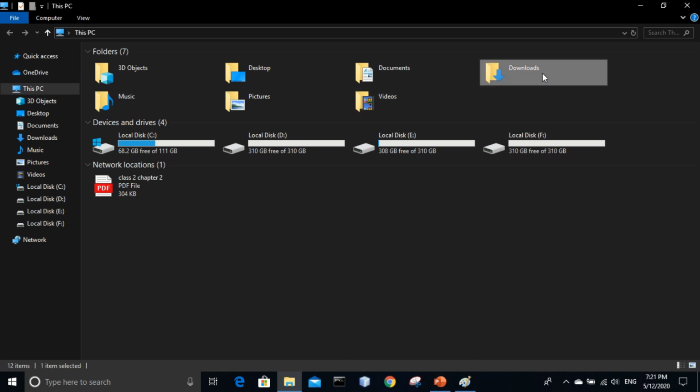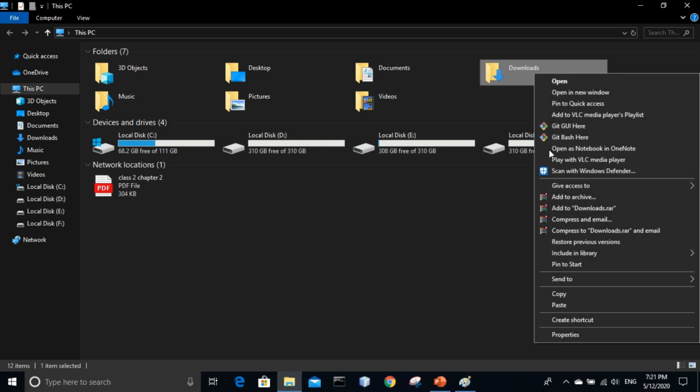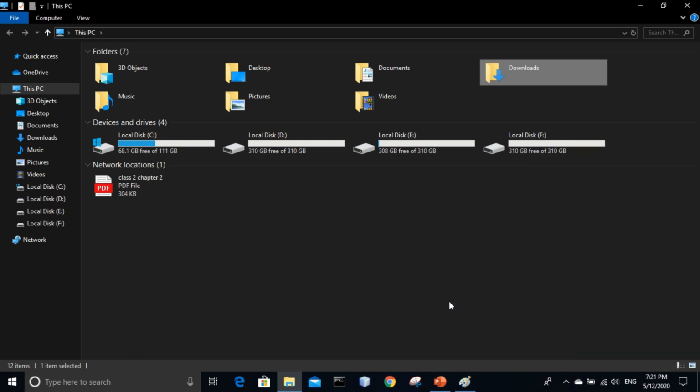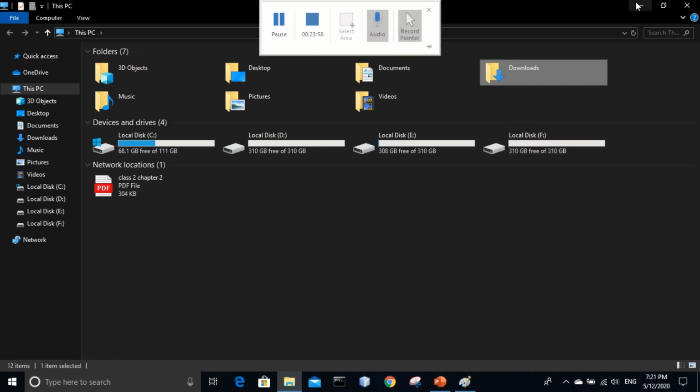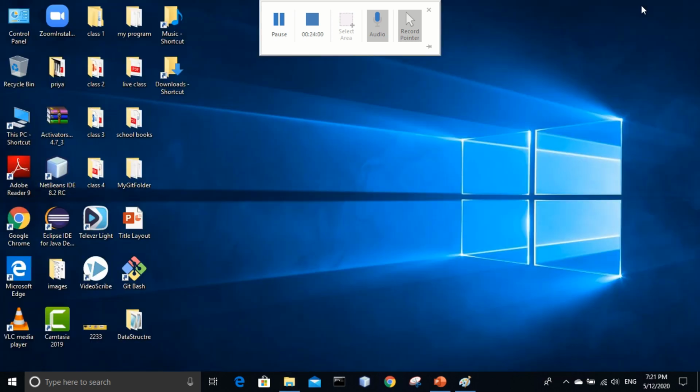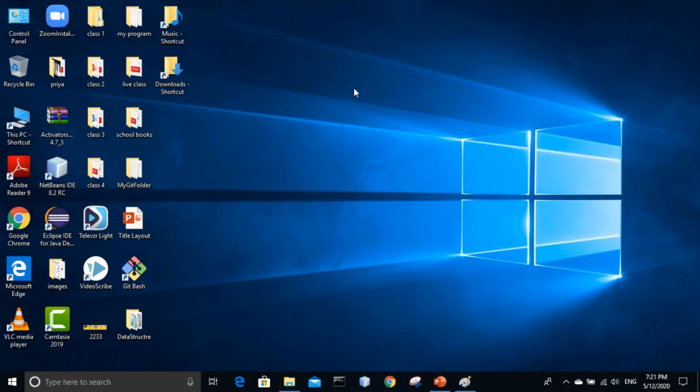Okay, so click on Download, then right click here. Now Send to. Inside Send to, you have the option Desktop create shortcut, and just single click on it, and you will find your shortcut on the desktop. See, here we have a shortcut of Download. Understood?